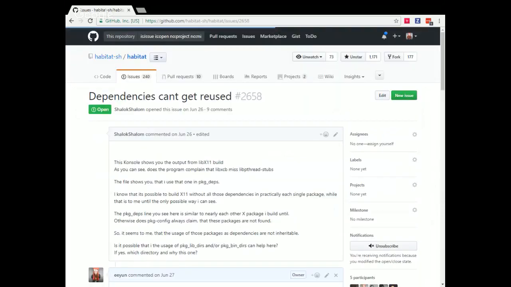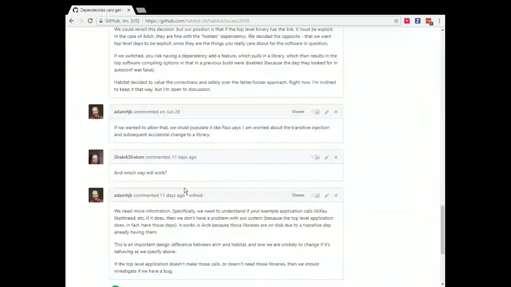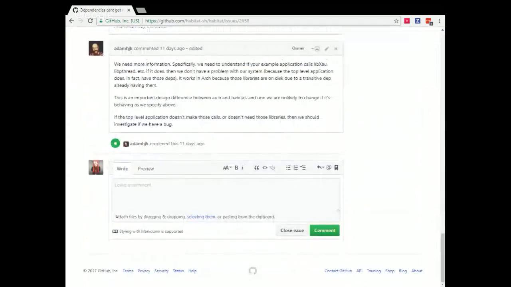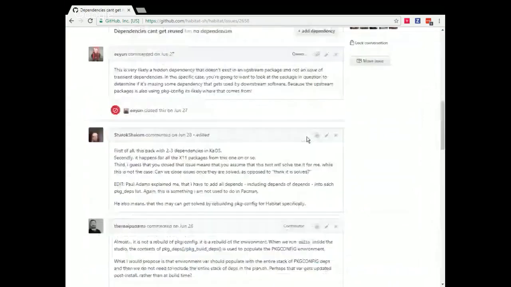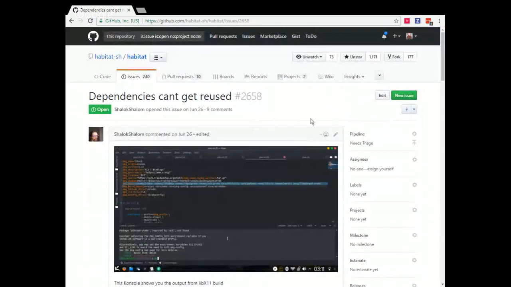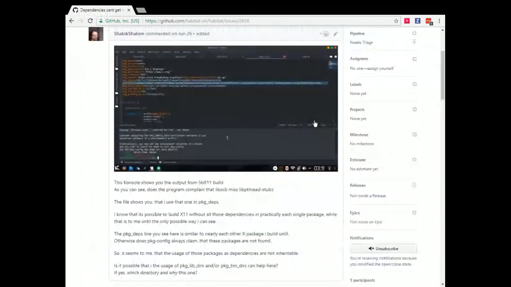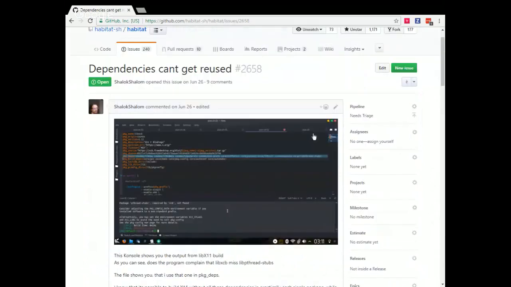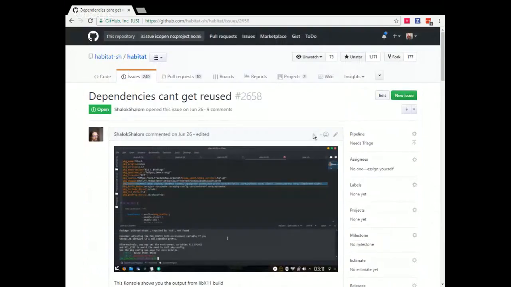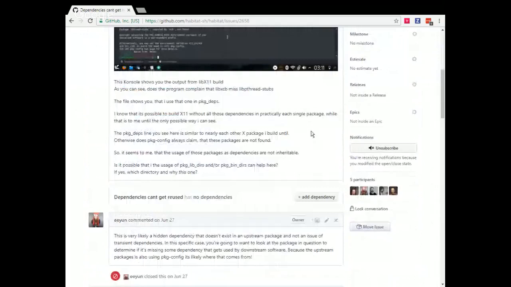This was originally closed out. I think that we actually ended up reopening it. And I think that this is something that probably needs to get some attention from core maintainers and community members. There's quite a lot of back scroll in this issue. And what it boils down to is kind of the way that Habitat handles its dependencies right now.